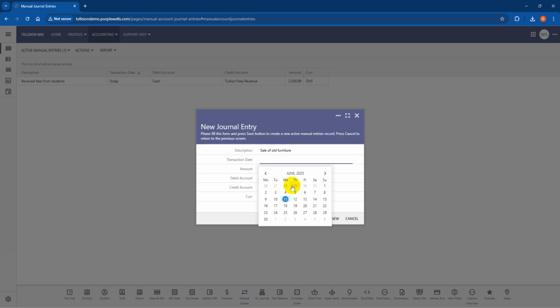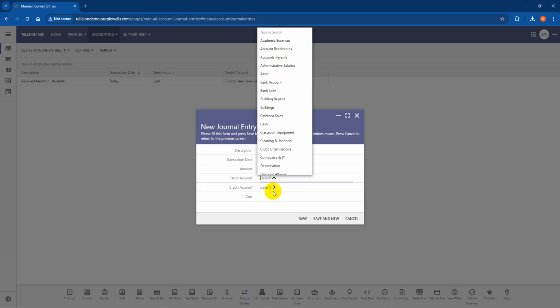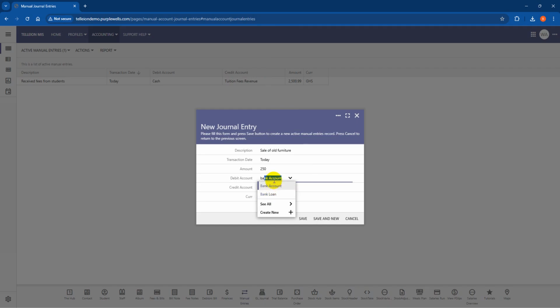Okay, and the date is today. We realize, let's say, 250 cedis. Because we've gotten money, it's going to increase. Let's assume that the money was paid through the bank. So our bank account is going to be affected, and the other account that is going to be affected, we're going to decrease our